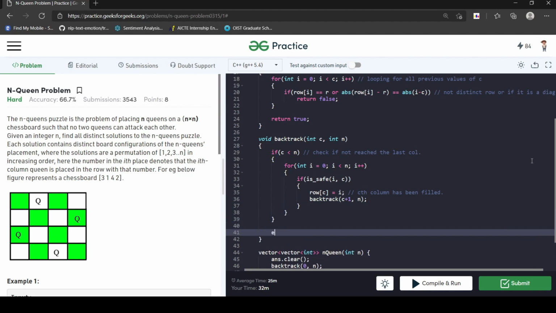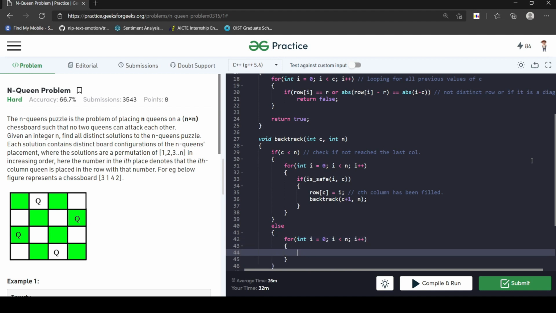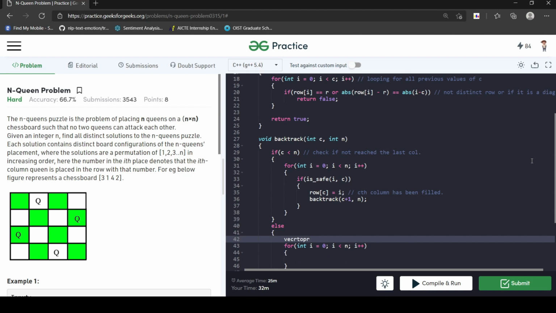But if I have covered all the columns till n, I will have to print the answer. So I will take all the values of the vector, and inside this vector I will take the row of every value of every column.